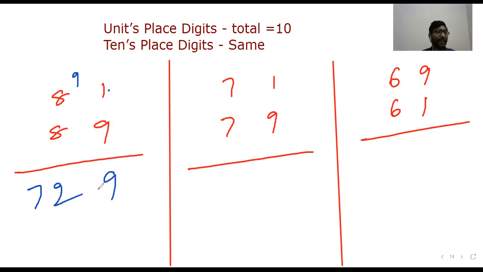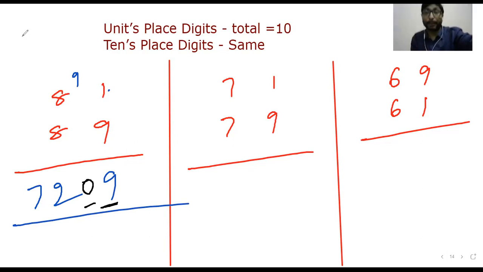Is this answer right? It's an absolutely wrong answer. 1 9s are 9. The answer 8 9s are 72 is right, but we need to add 0 9. Why do we need to add 0 9? Because we are doing 2-digit multiplication, which is nothing but units place and tens place.